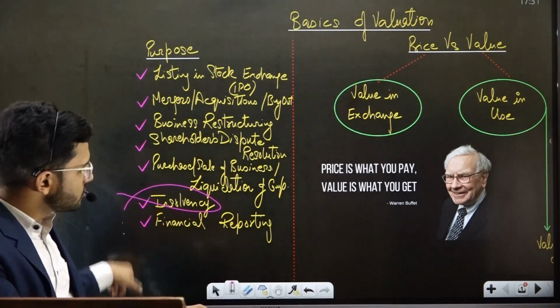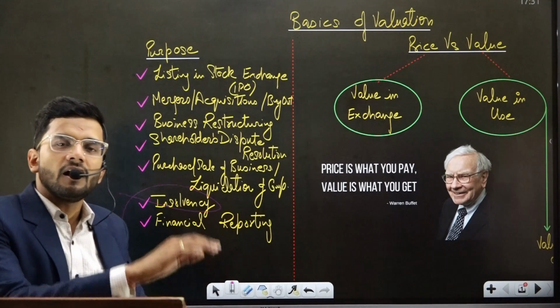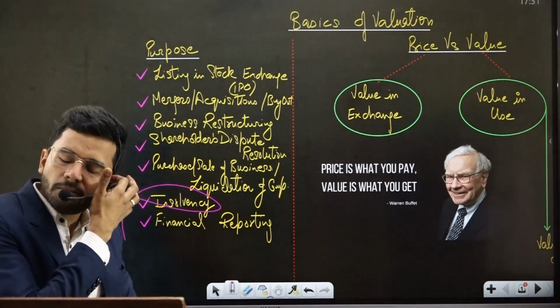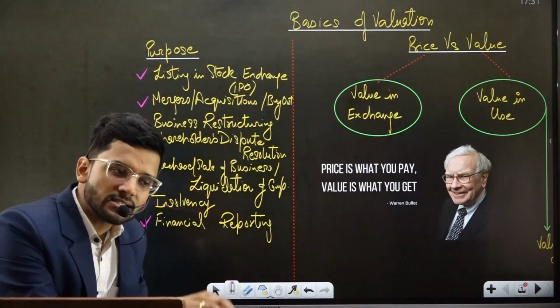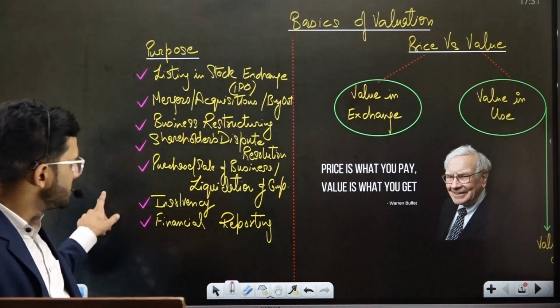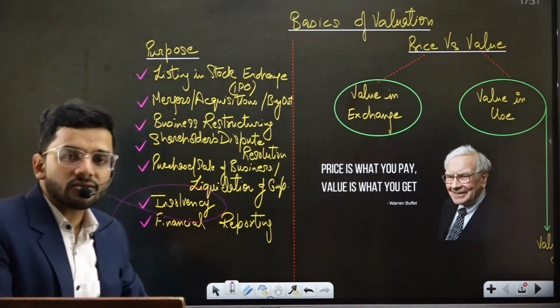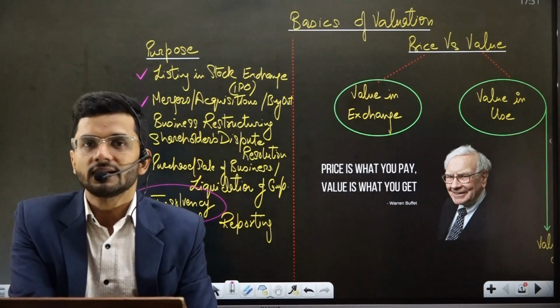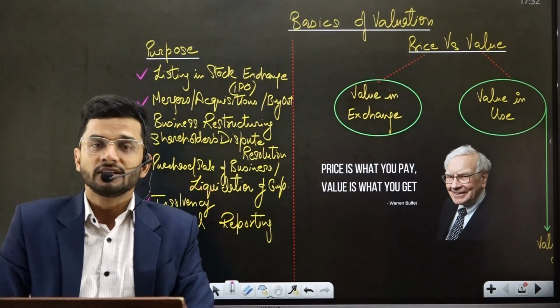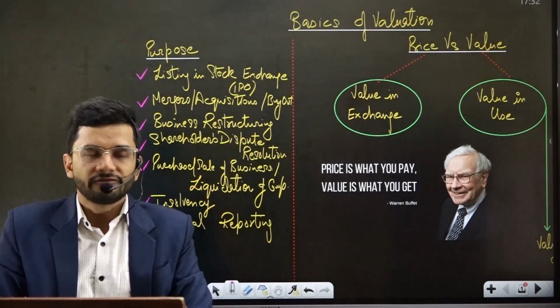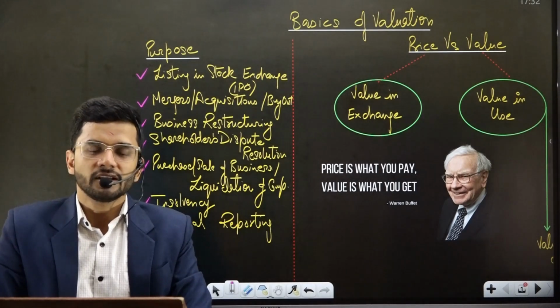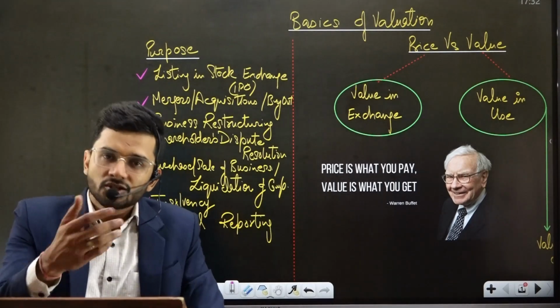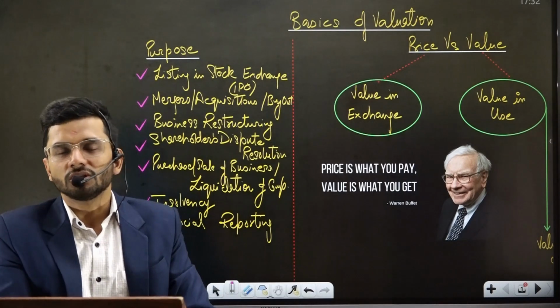Then insolvency means where the assets are much less than the liabilities of a particular company or a person. Assets are much less, liabilities are much more. In that situation, guys, insolvency happens. And in case of insolvency, what happens is all the assets are sold in the market, and whatever is the residuary figure, or whatever is the residuary cash flow which is arranged, that is distributed amongst the shareholders or the stakeholders